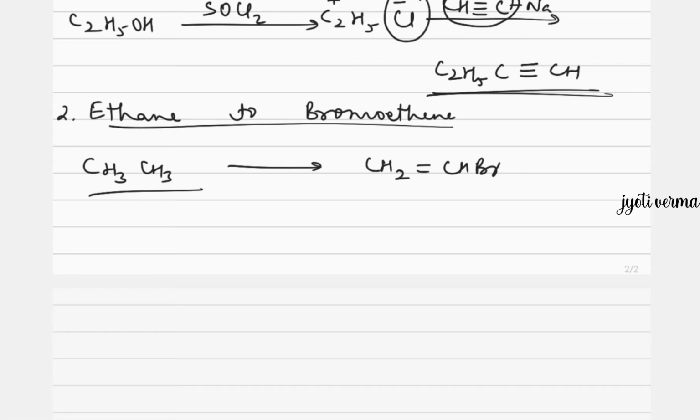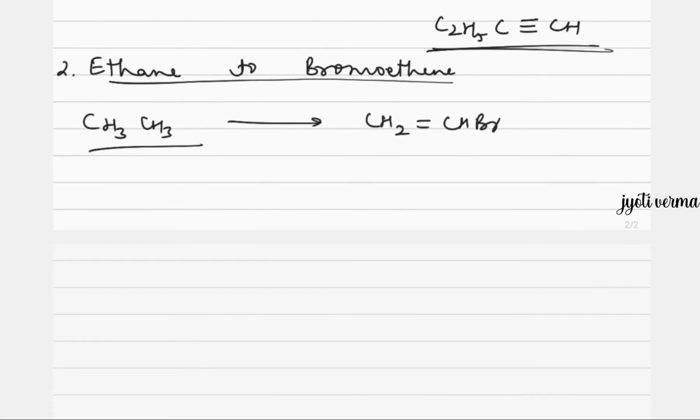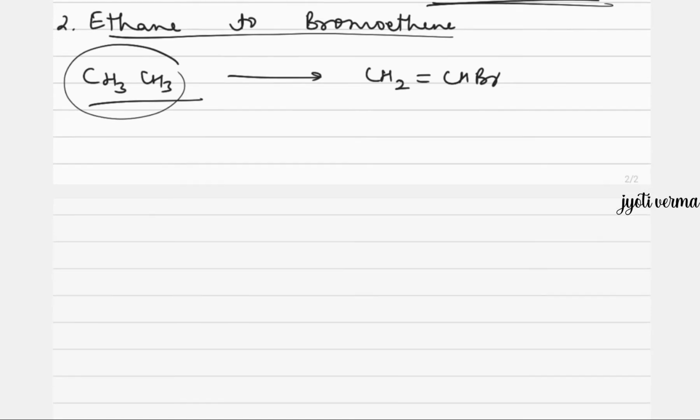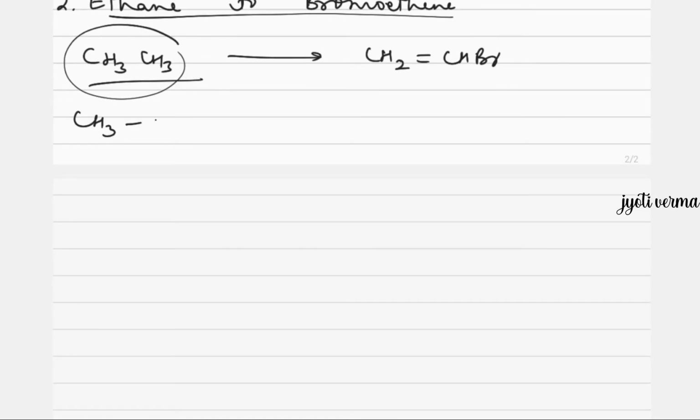Single bond converted to double bond means elimination has happened somewhere, right? Number of carbon atoms are the same, as well as we have Br also. So now how to do it? What can we do? Elimination has happened, so for elimination we need to bring a halogen. We cannot bring halogen in this. Okay, we can bring halogen in this. We can do its halogenation. So what should be our first step is, that is CH3CH3. If we do its halogenation, say we are doing its reaction with bromine in presence of sunlight, we will be getting bromoethane, right? So we got bromoethane.